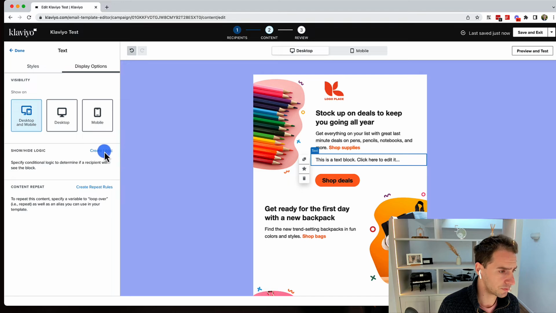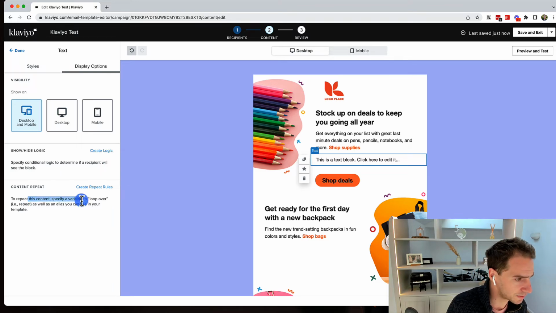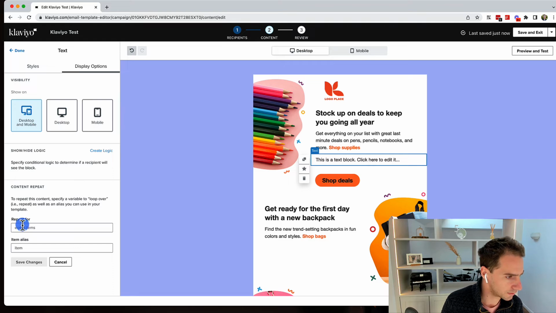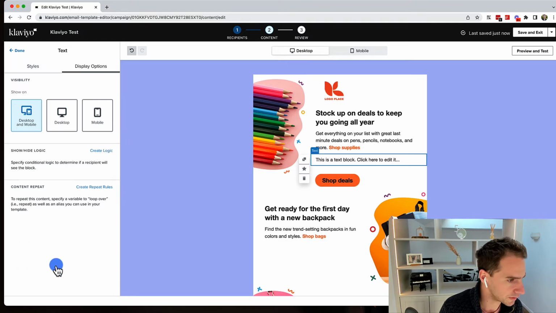But this is nice. So we've got conditional logic. We can hide and display sections based on a profile behavior. Content repeat: to repeat this content, specify a variable to loop over, as well as an alias. So I don't entirely understand what that is doing, but that sounds